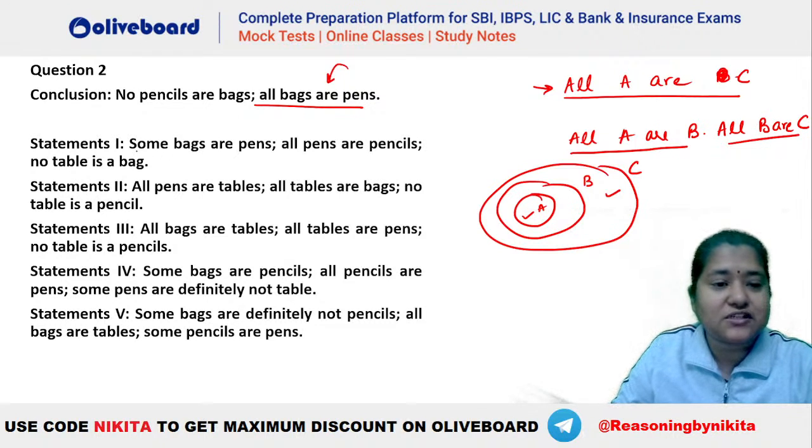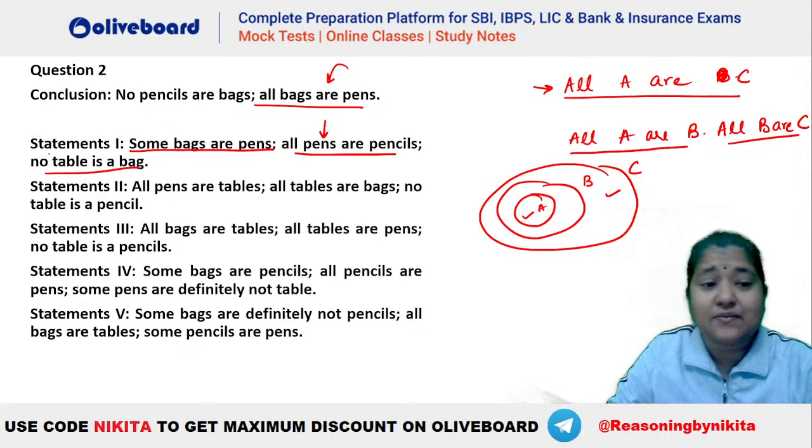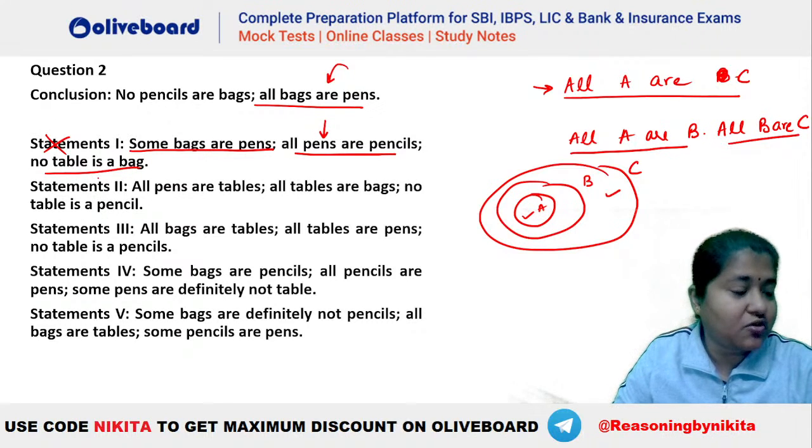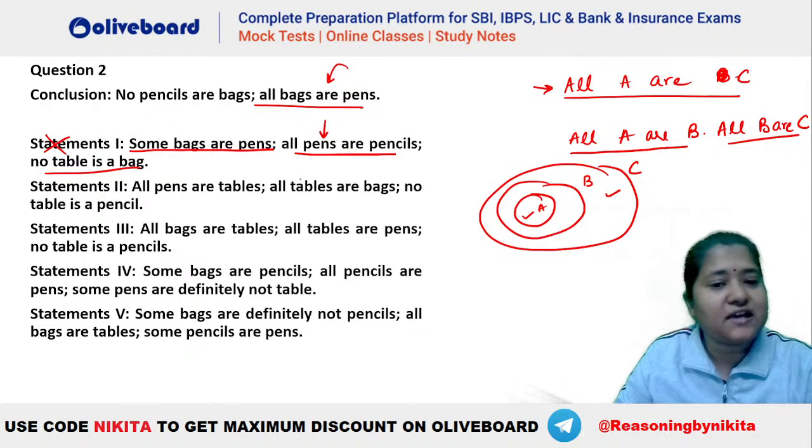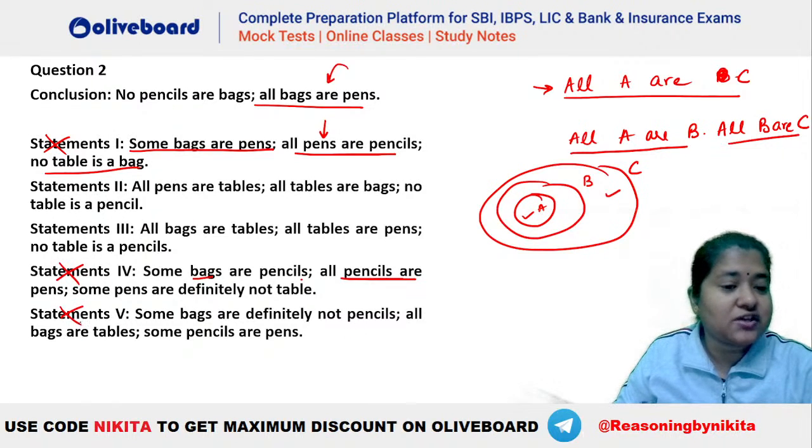You can see in the first one, we have only one all here, isn't it? There is only one all in the set of statements. That means this can never give you a definite all. Similarly, second one, we have two alls, so it can be a possibility. We'll check that later. Okay, third one. Again, we have two alls, so that also can be a possibility. Fourth one, we have only one all in here, right? There is only one all, so this cannot be the answer. Fifth one, again one also, this also cannot be the answer.